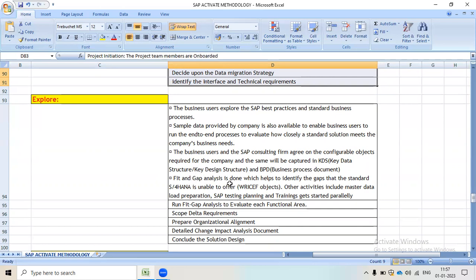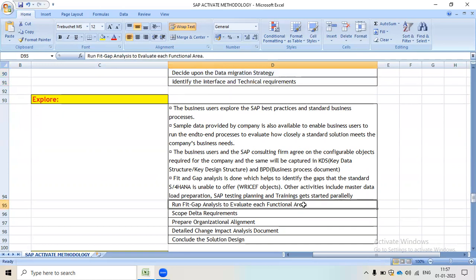Fit-gap analysis is done, which helps to identify the gaps that the standard SAP S/4HANA is unable to offer, as RISE objects. Other activities include master data load preparation, SAP testing planning, and training, which get started in parallel.